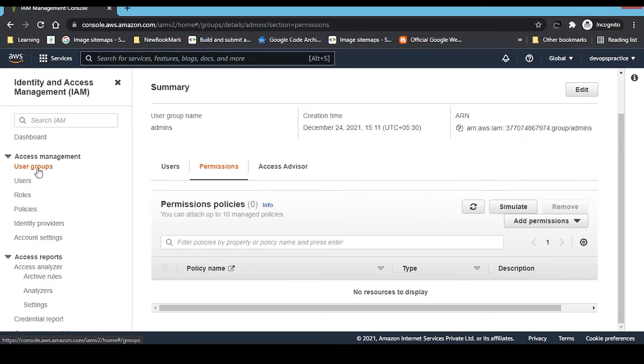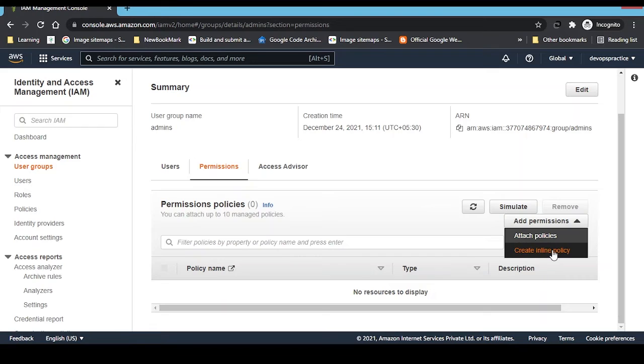So suppose I have given the administrator permission here, and you created 10 users, and all 10 users should have administrator access, so that in future if someone has left the organization or someone has forgotten their password, some other administrator IAM user can use and utilize this administrator access. So for that I just provide the permission in the user group. For that I just click add permission and attach policy.